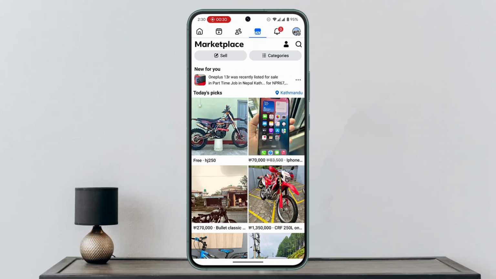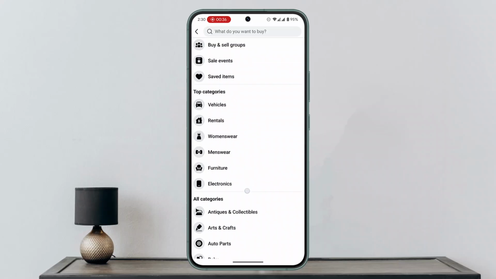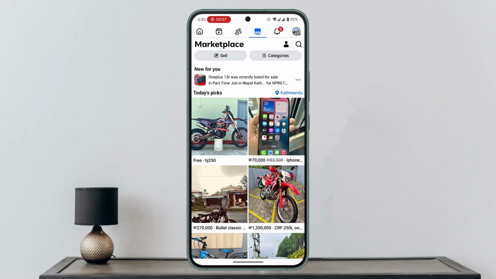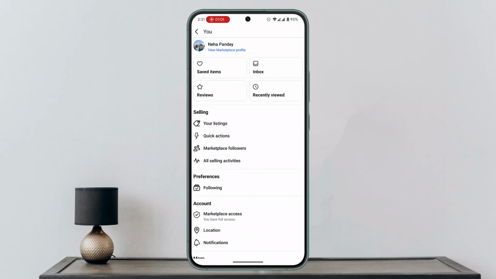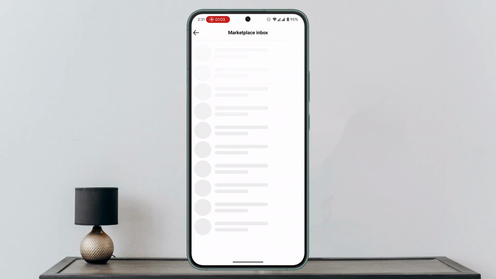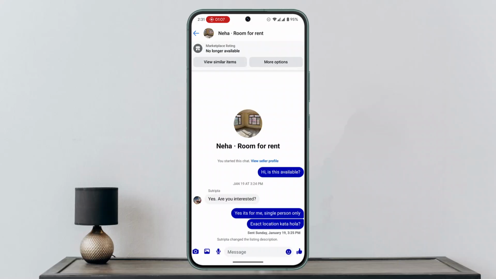And then you want to go ahead and click on Category. After you go to the Category section, then you have these inbox options right over here. So here, click on the profile icon from the top of the page, and then you could go ahead and click on inbox. When you go to the inbox sections, come to the message where you have the title, and